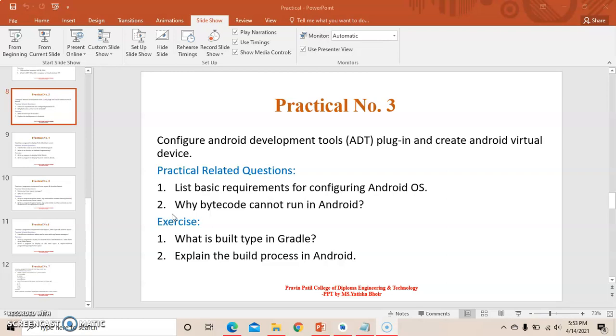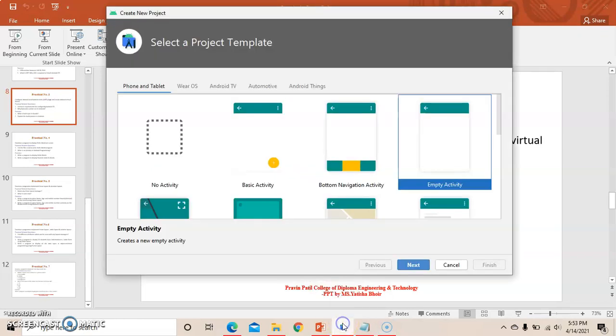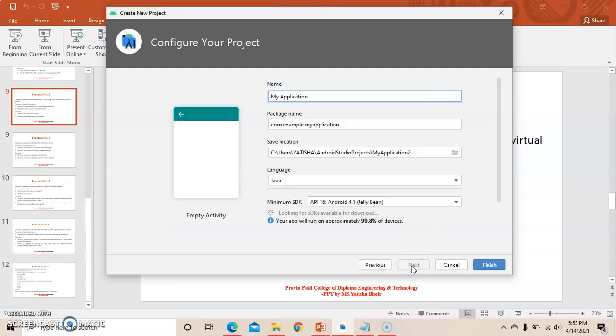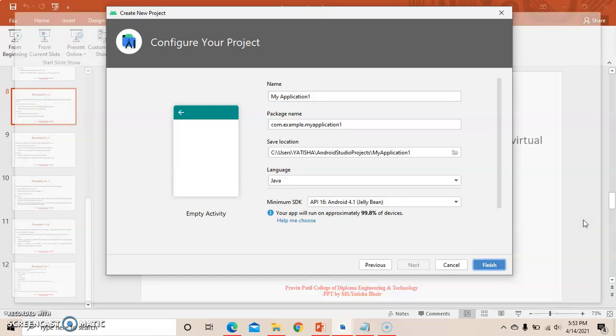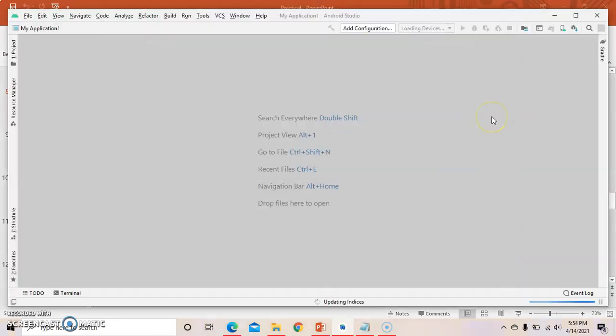Now we will see how to create an Android virtual device. First of all, go to Android Studio and create a new project. Select empty activity, go to next, and give any name to the project, like application 1. Then finish. The project will be loaded.